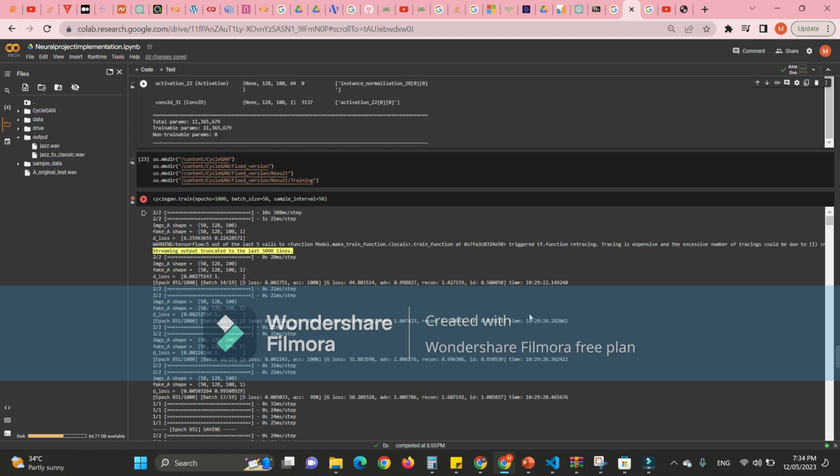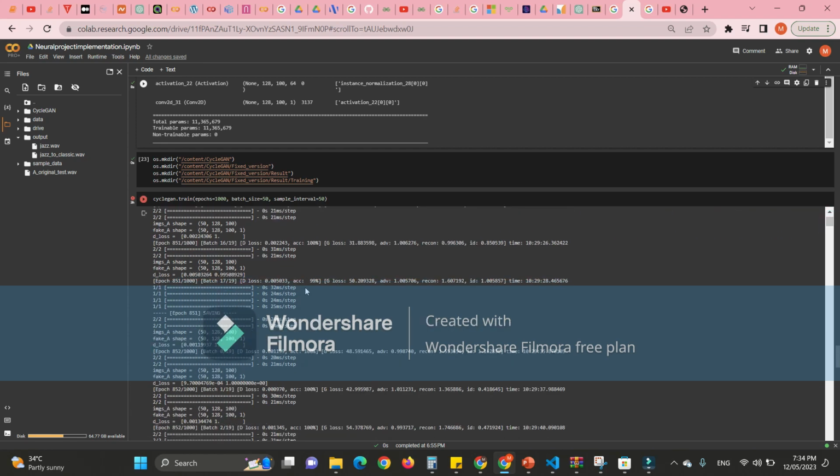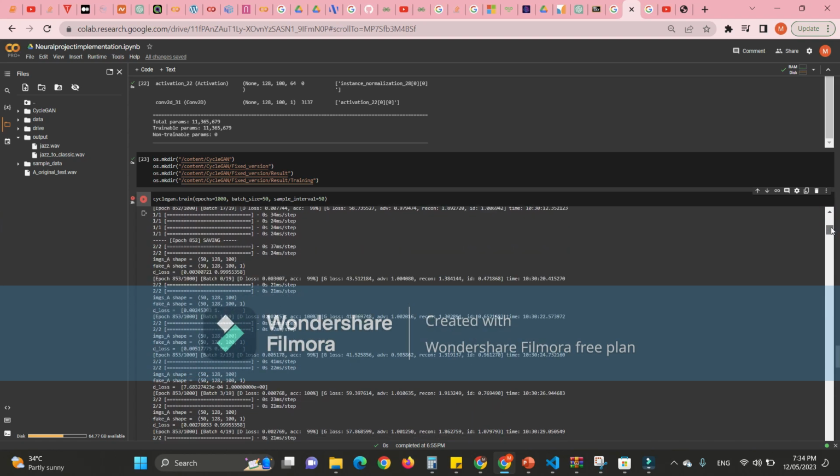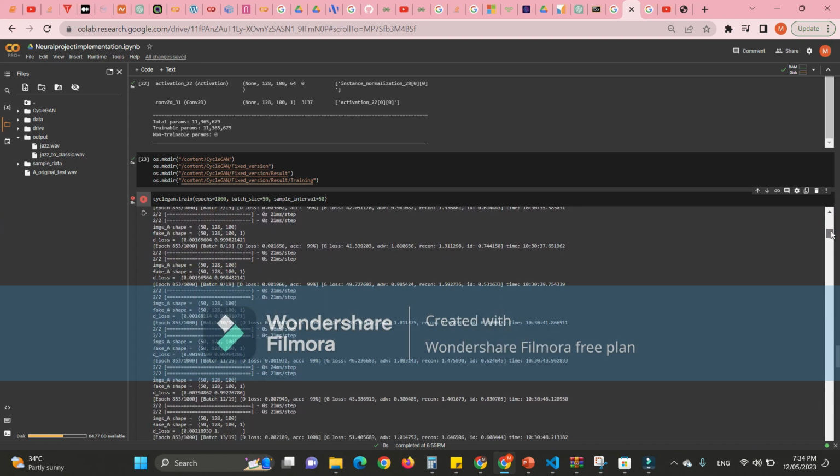So we can see from the training over here the different types of losses. We can see the adversarial loss, the identity loss, the reconstruction, the discriminator loss, and so on. And we can see these values just changing while the epochs go.